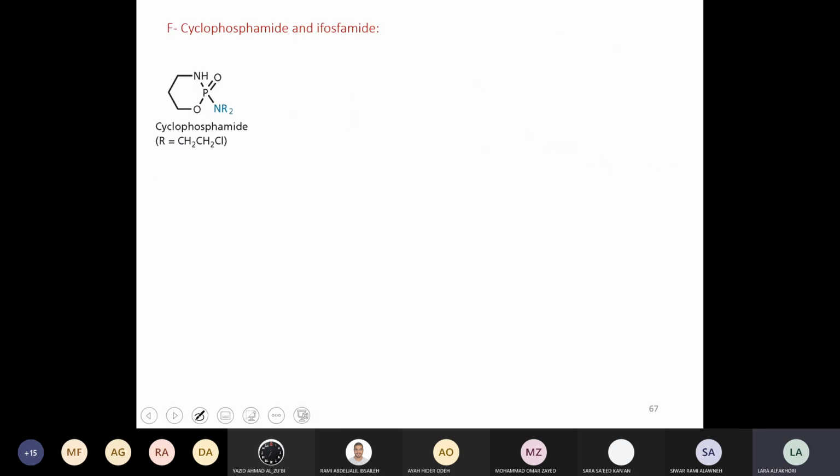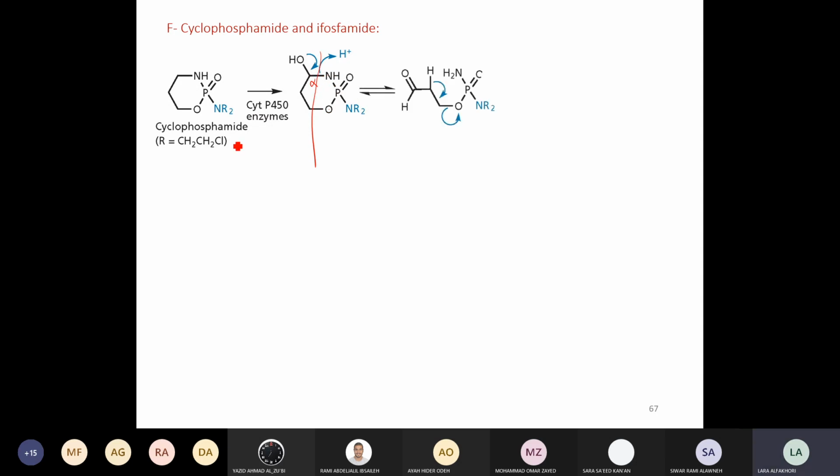So let me go back again to this slide which has all the steps arranged better. As we have mentioned, the first step for the bioactivation of cyclophosphamide or ifosfamide, which are alkylating agents, is simply hydroxylation of this alpha carbon, followed by degradation so that eventually the bonds between the nitrogen and the oxygen of this phosphamide with the carbons of this cyclic structure are broken. Okay, the product that forms is this